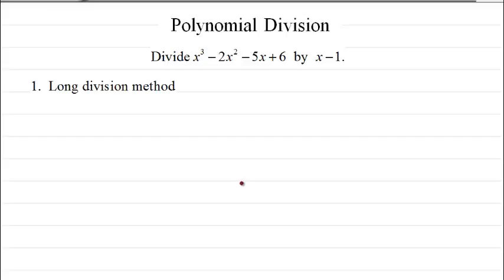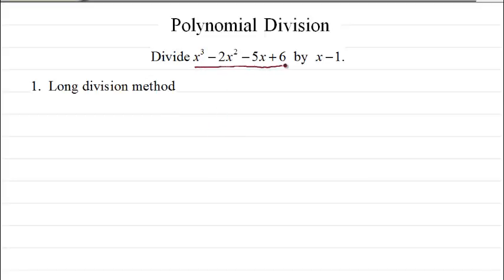Polynomial division, we can use this example: x cubed minus 2x squared minus 5x plus 6, and you can divide it by x minus 1. First we can do the long division method. So we write